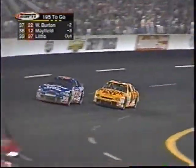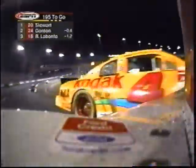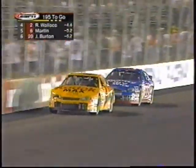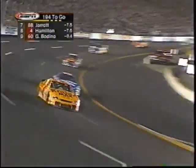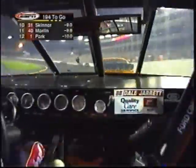Michael Waltrip went behind the wall a while ago with some smoke pouring from that car and the oil line broken, but the 7 car rolls down pit road and is about to rejoin the action. He'll be about 53 laps down. Another bump from Hamilton as he takes the spot from DJ. Told you I'll let him go. Some good fatherly advice that the son didn't listen to, Ned. Well, of course, he didn't hear, but...